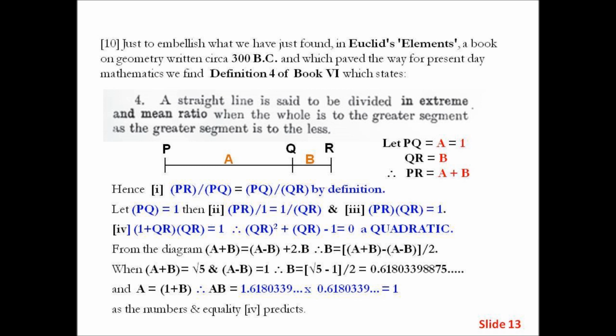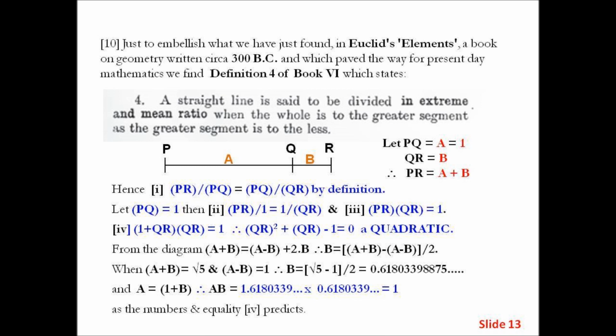4. 1 plus QR times QR equals 1. Therefore QR squared plus QR minus 1 equals 0, a quadratic equation. From the diagram, A plus B equals A minus B plus 2B. Therefore B is equal to A plus B minus A minus B all divided by 2. When A plus B equals root 5 and A minus B equals 1, therefore B equals root 5 minus 1